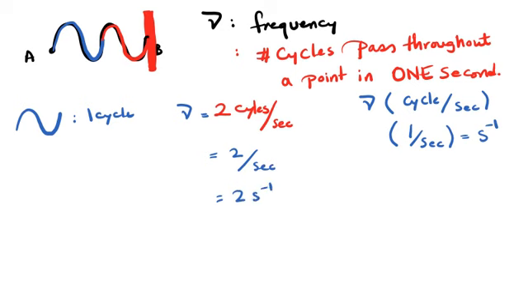But when scientists work on the frequency concept, the most commonly used unit for frequency is hertz, and we call the unit for frequency hertz. So we may say 2 hertz. It means 2 cycles pass through 1 point in 1 second. So 2 hertz means 2 cycles, and 1 cycle means 1 hertz. It depends on the number of cycles passed through each point.